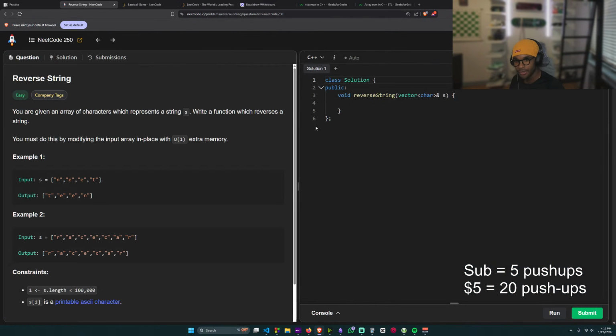Let's do this reverse a string. Do this by modifying the input array so O of 1 extra space. Okay, I think we just use the 2 pointer solution. So like,